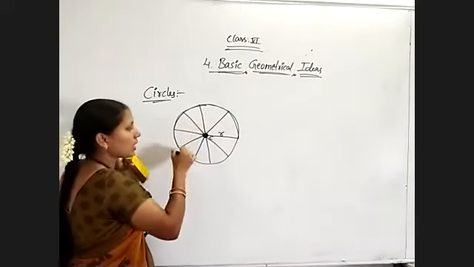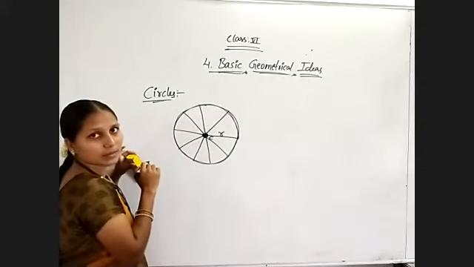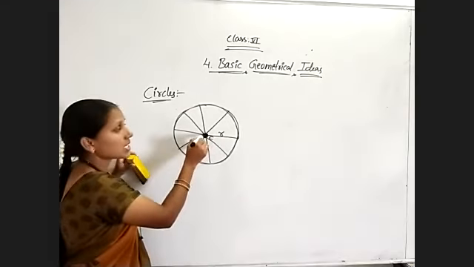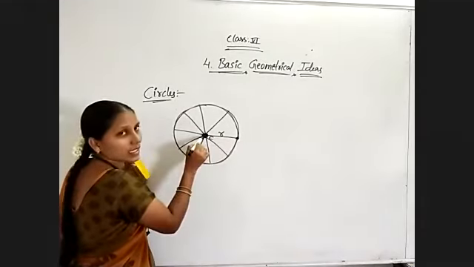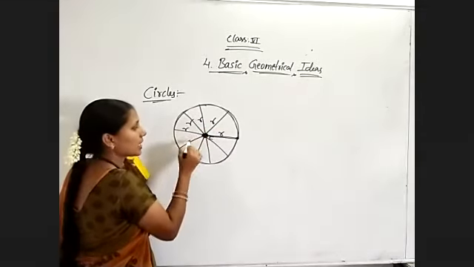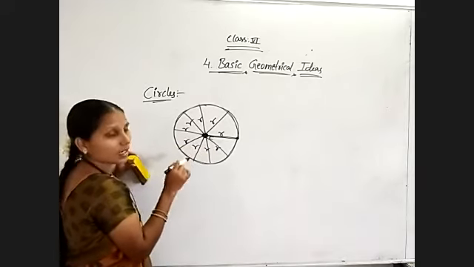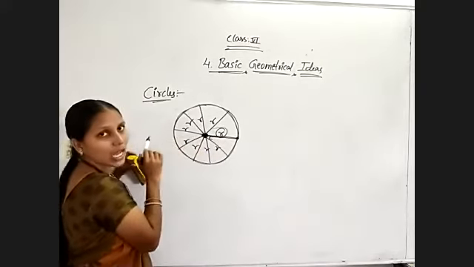The boundary of the circle is known as the circumference. The fixed point is termed its center. The distance from its boundary to the center is always a fixed value. At any point, the distance is not changing. That is a fixed one. This distance is termed the radius and is indicated by a small r.